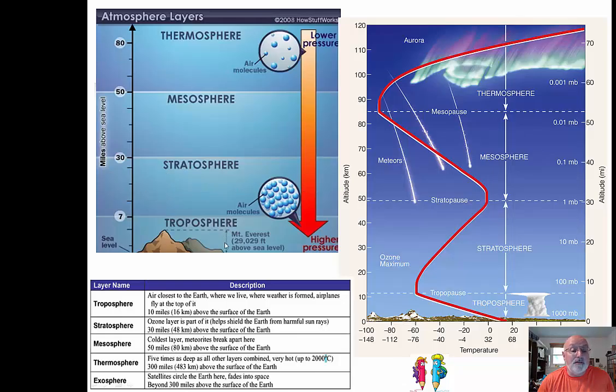This is where air is moving. In the troposphere, the air is moving up and down. In the stratosphere, it's moving pretty much side to side. It's a good place for jets to go. If you take a look at the troposphere to the stratosphere, the temperature decreases, and when it actually gets to